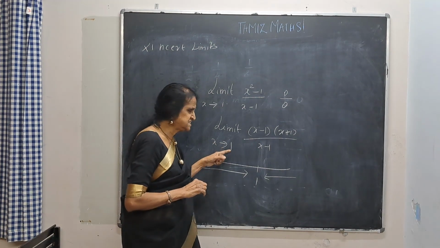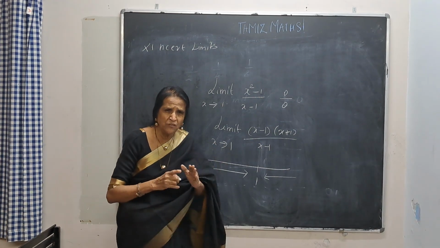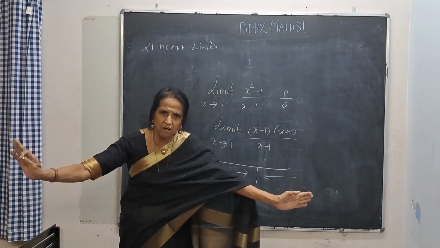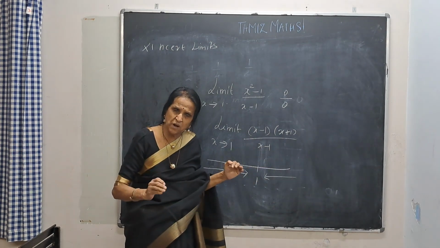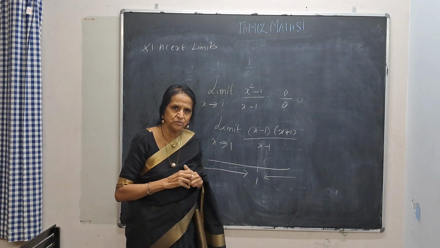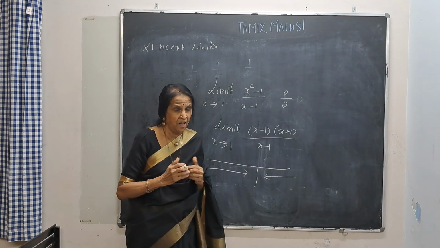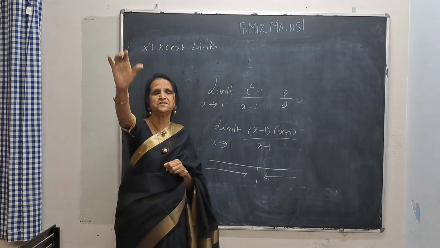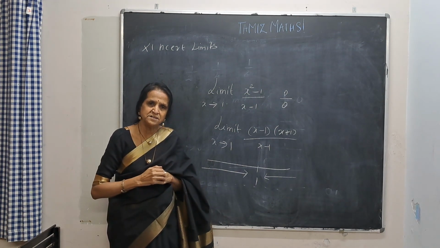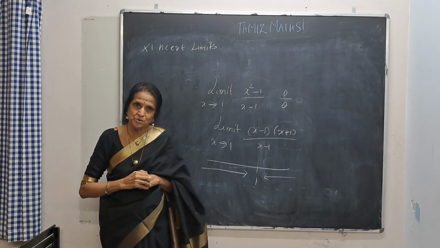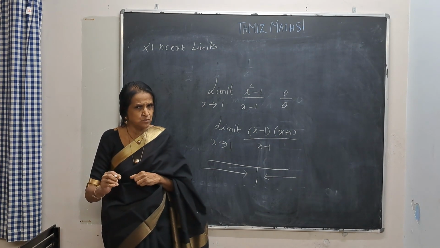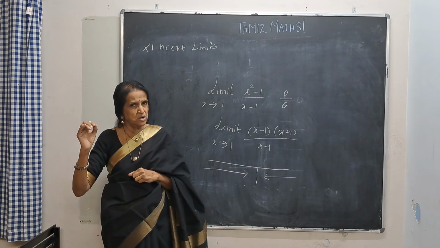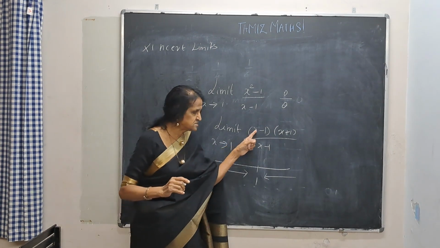Now, x is tending to 1. You have to see the beauty in this. x does not reach 1 at all. If x is going to reach 1, then I will say x is equal to 1. I don't say that. I only say x is tending to 1. So x is not equal to 1. Why do I emphasize so much on that? Because x minus 1 will not be 0. So I can cancel these two.